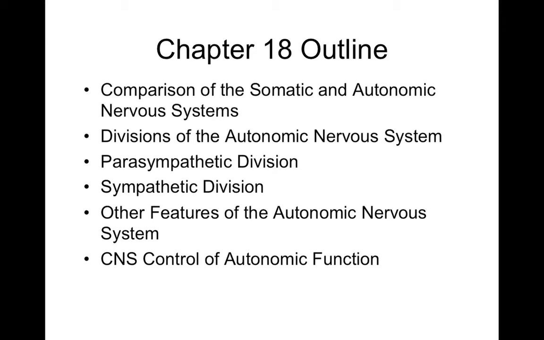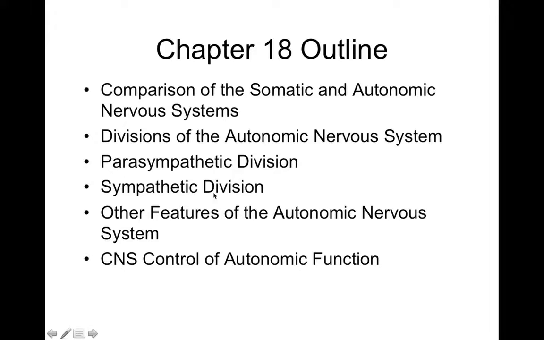So the autonomic nervous system is basically a branch of your nervous system that's involved with helping to regulate homeostasis, or internal balance. So in this chapter, what we're going to do is focus on a comparison of your autonomic nervous system to other nervous systems like the somatic motor system. We'll go over the divisions of your ANS, or autonomic nervous system, like the parasympathetic and sympathetic divisions and the functions and structures of each.